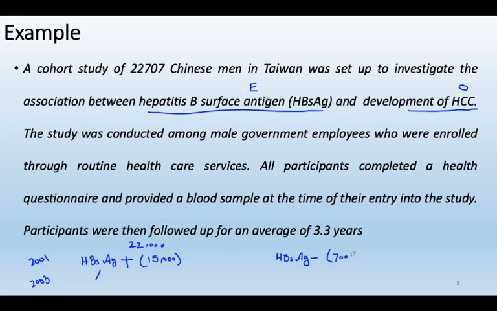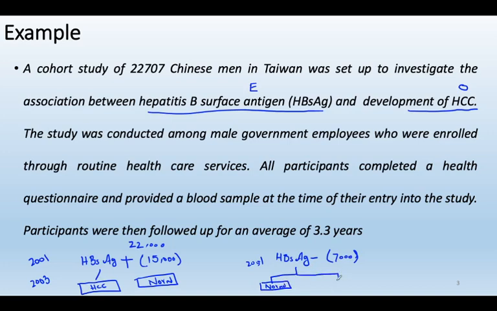And let's say there are 7,000 individuals who don't have hepatitis B surface antigen present in them. So we say that there are a certain number of individuals who develop HCC, hepatocellular carcinoma, while some of them remain normal. And similarly, of the 7,000 who remain disease free, several individuals remain normal,